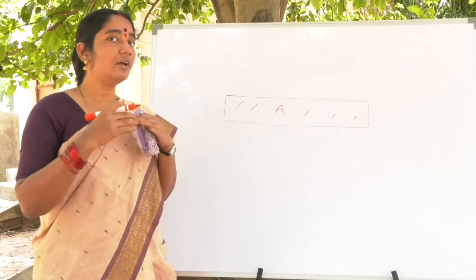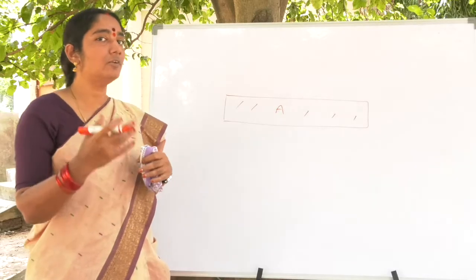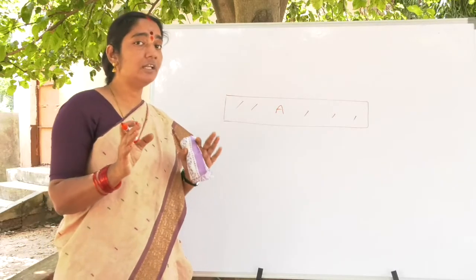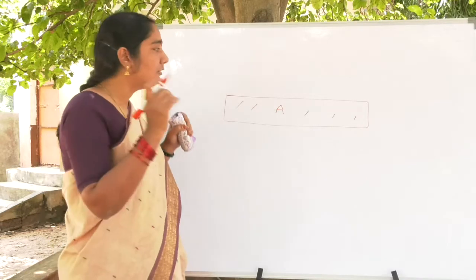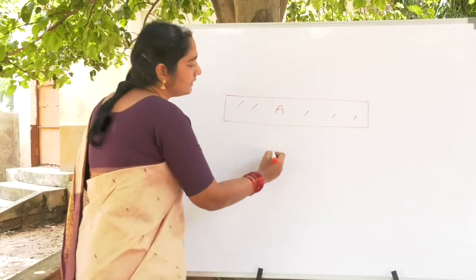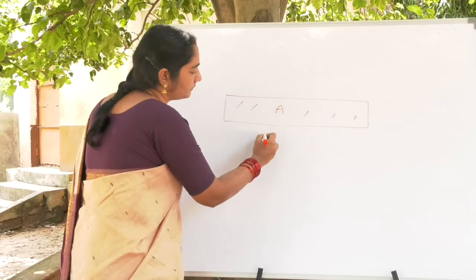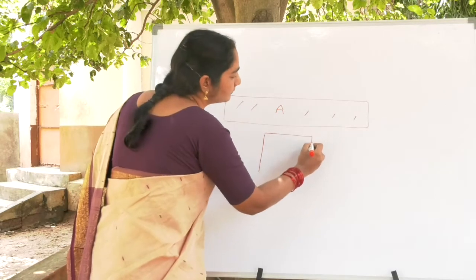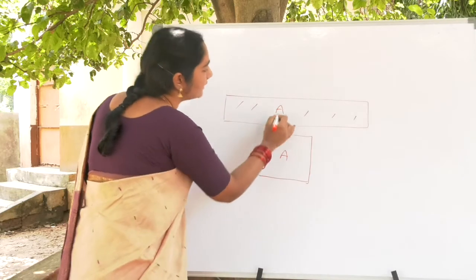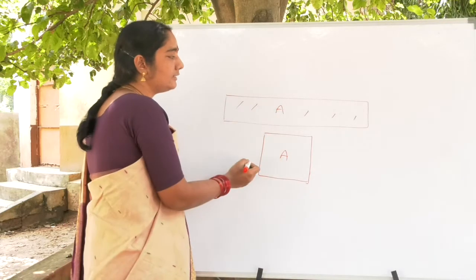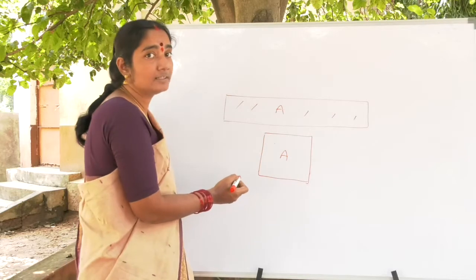Today you try to do a project. I'm trying to give you a homework of a project. Don't think that it is a homework. It's a project where you are going to get an idea. For example, it is having some area A. Now you are taking another one. That is a square. In this square, the area is the same. What the area is here, the same area is being covered by this square also.